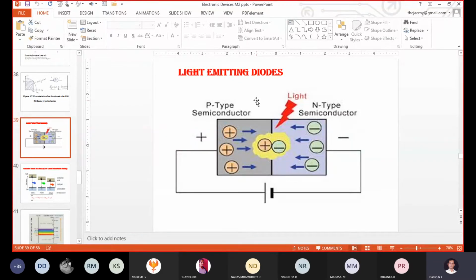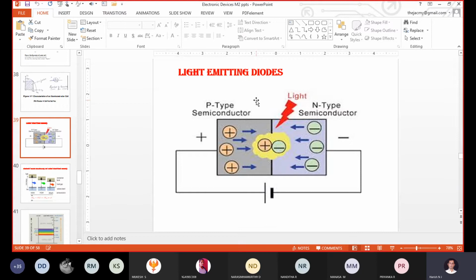Correct. So will you name a few applications of a direct band gap semiconducting material as well as an indirect band gap semiconducting material? Or, directly, I can ask: what is the application of a PN junction diode and what is the application of an LED? Easily you can name many applications of an LED, correct?